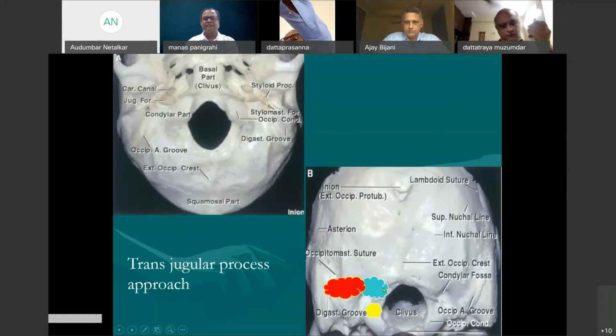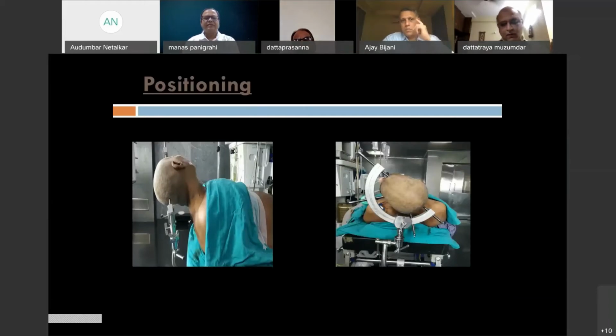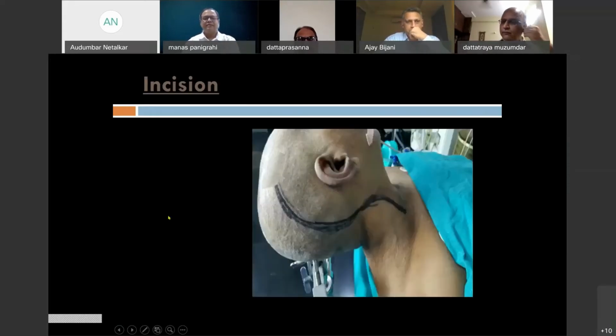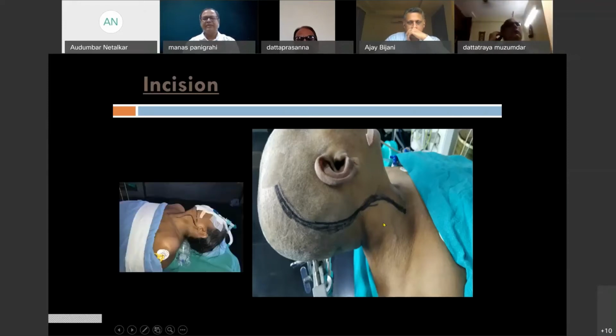Now this is how the patient is positioned. The incision is extended from a cervical L shape, extended like retromastoid. So it's an S-shaped incision where you can have an exposure of the retromastoid area as well as the parapharyngeal area. As I showed you, the high cervical incision is this, and if you extend the incision, it becomes a combined approach.